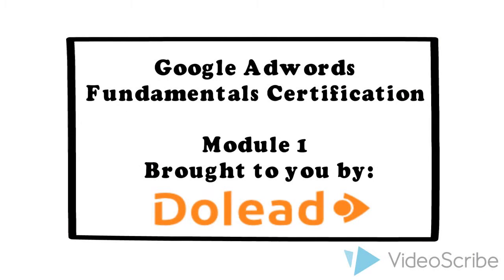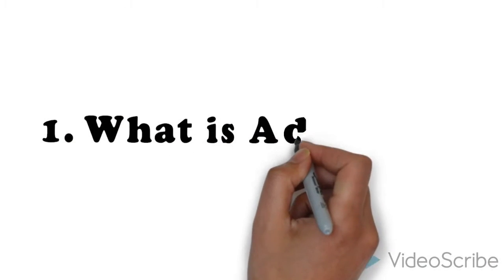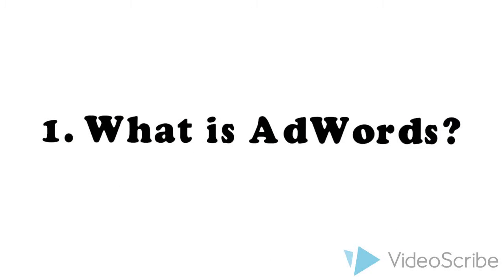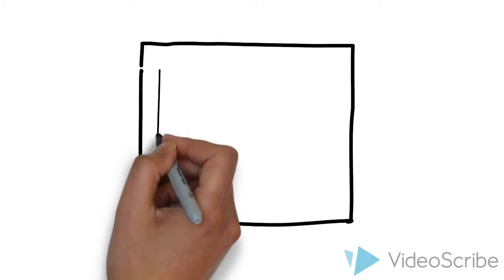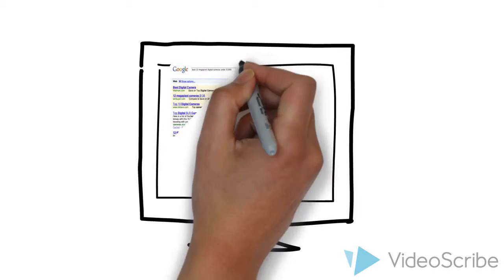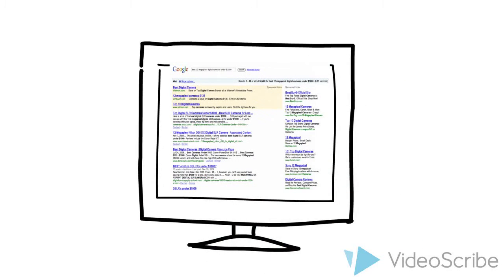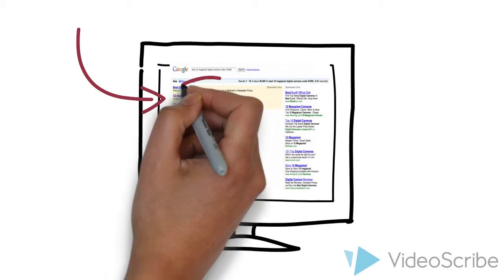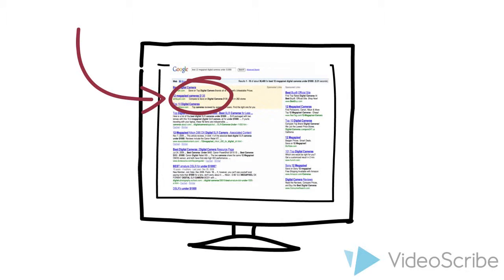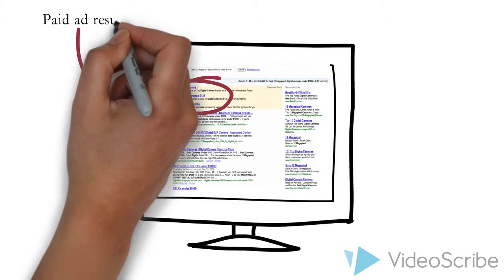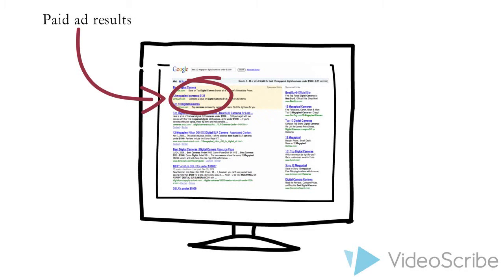So we're going to start at the beginning with the question, what is AdWords? When you search for a product, let's say a digital camera, Google is going to display something that looks along the lines of this. It will display what it found to be the most relevant answers to your question. On the top and to the right, the results will have a yellow background or say sponsored. These are the paid ad results, and it's really mainly what we're going to be dealing with in AdWords, really SEM,